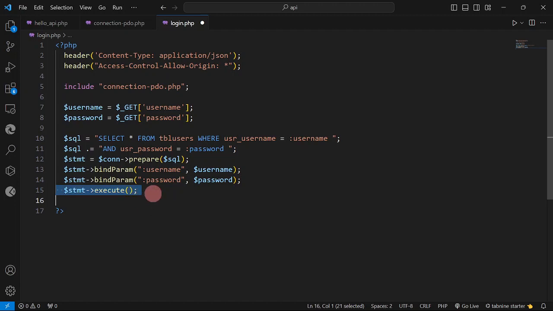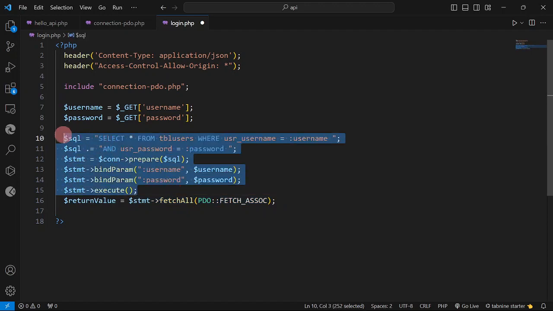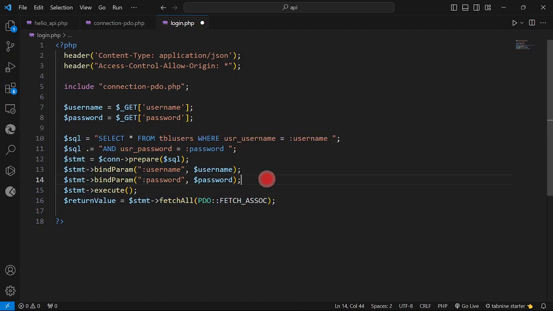So this is not the line that is going to execute the query against our database. Okay, then we are going to fetch. Okay, so we are going to get if there are records that match or that passed our constraint, and if there are, and we are actually expecting here it could only be 0 or 1 record. Okay, so we have here our return value,